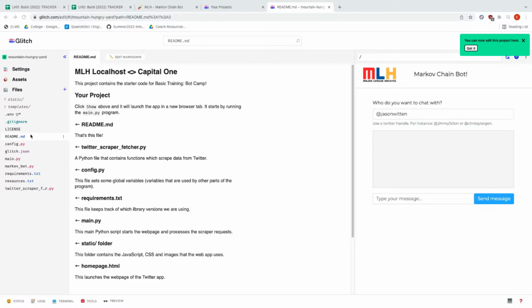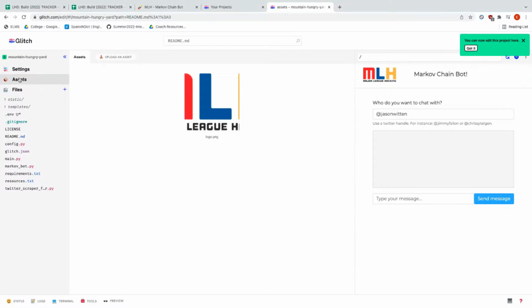logo.svg, which I believe would be, let's see here. We have the assets. So we have, let's see here.